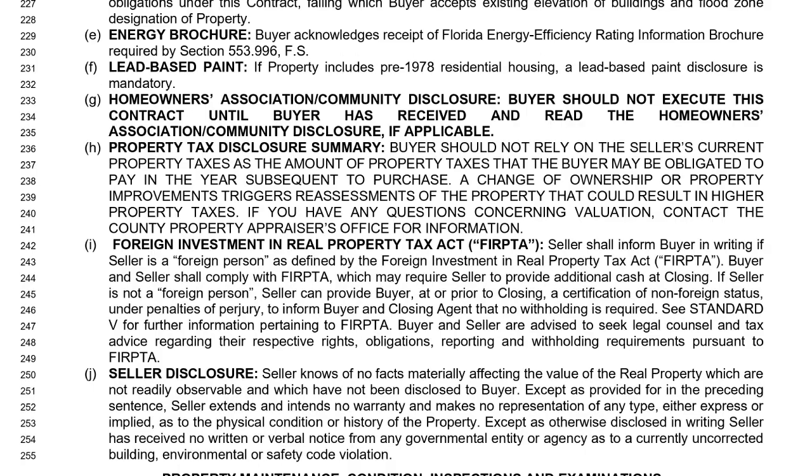FIRPTA. Let's talk about FIRPTA real quick, and then we're going to wrap up. So line 553, if your seller is a foreign person and the sales price of the property exceeds $300,000, then the buyer may be required to hold up to 15% of the amount realized by the seller